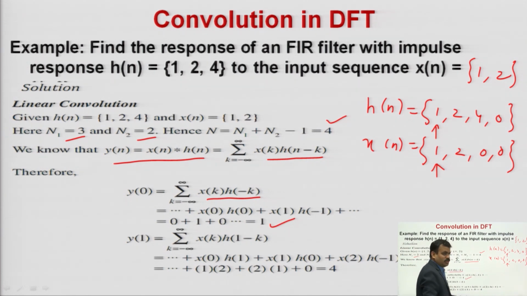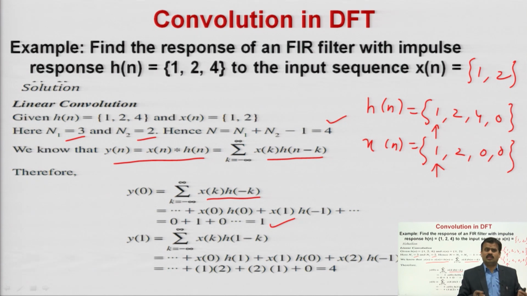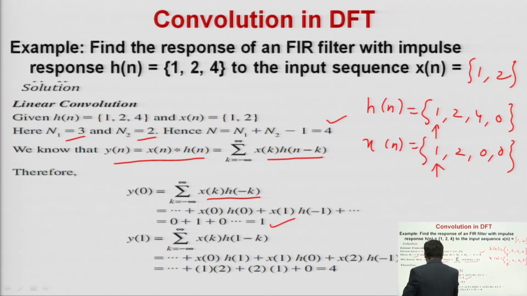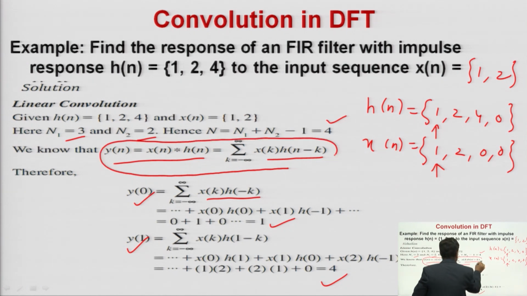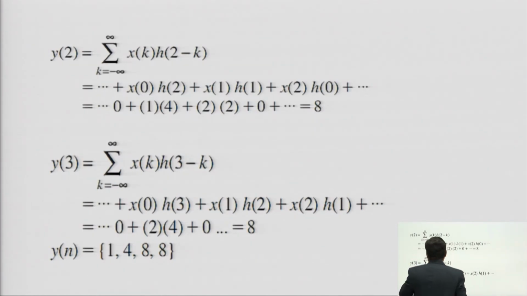In the same process of linear convolution, you can calculate all the values here. Similarly y of 0, sorry, because you are taking the output here. At n equal to 0, and at n equal to 1, y of n you can calculate and it will be 4. I hope linear convolution is clear to all of you. You know very well how to calculate the linear convolution, because here we are using the formula of linear convolution. Now y of 2 you will get 8 and y of 3 you will get 8.